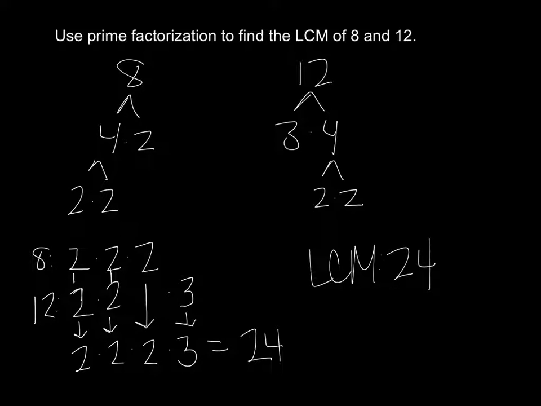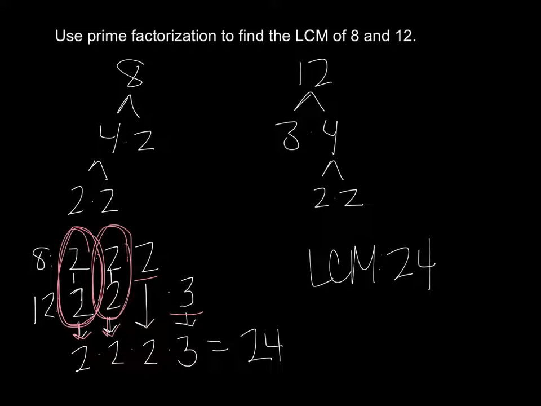Now let's look at that again. As you can see, there are 2 2's here, but because they match up, we're only going to write 1 down. Again, these 2's match up, so we're only going to write 1 down. Then we're left with a 2 and a 3 left over, so we have to multiply those 2 as well. Okay, so let's look at that again